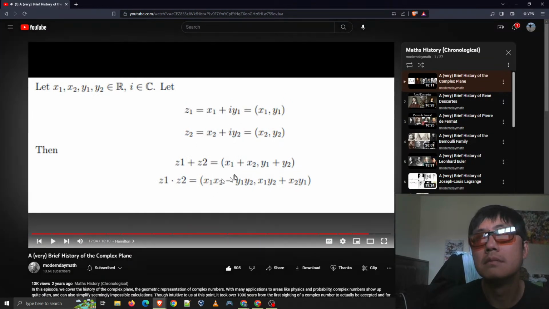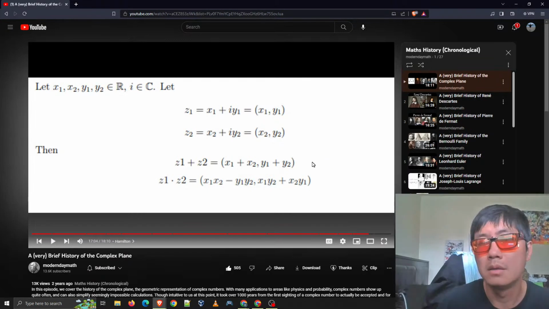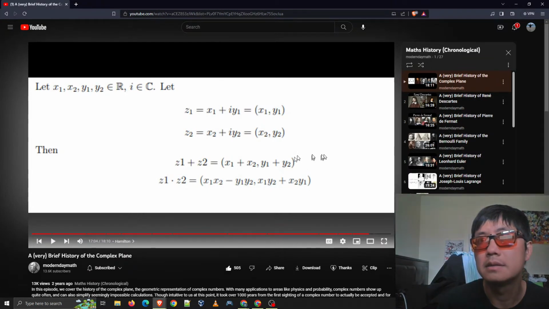So I think here is where some practice can be done. I've heard adding complex numbers is simple. You just add the x and the y coordinates, but multiplying is more complicated than you think,